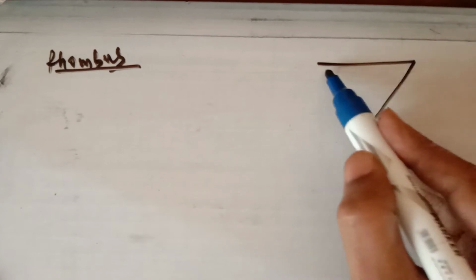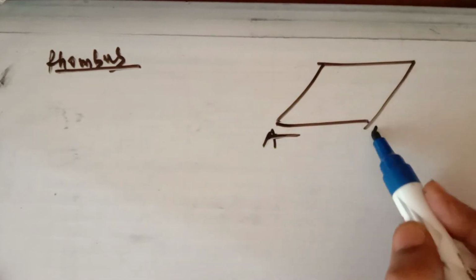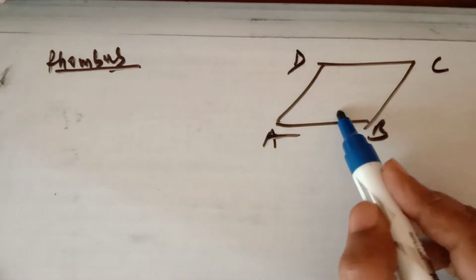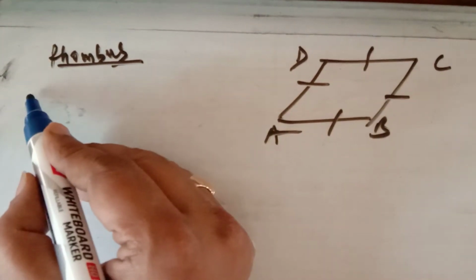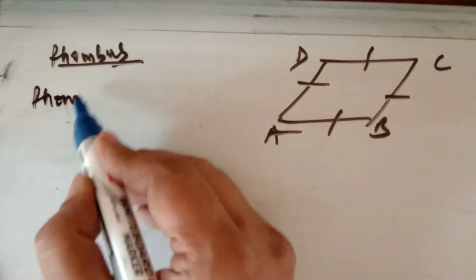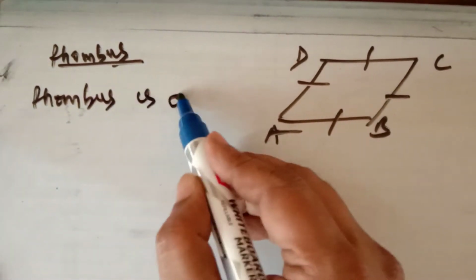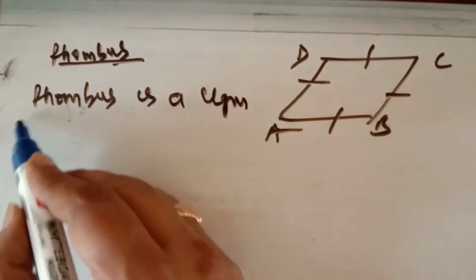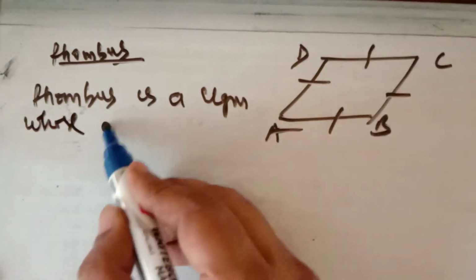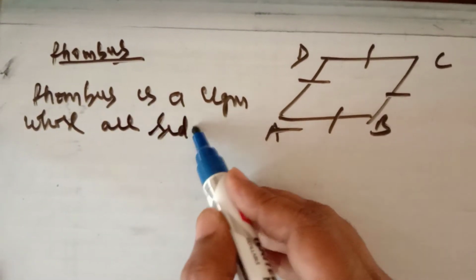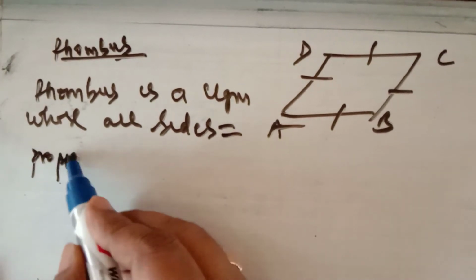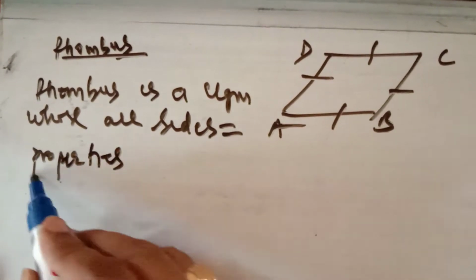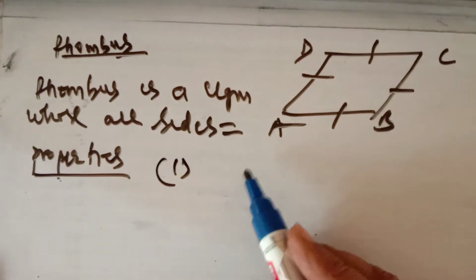A rhombus is a parallelogram whose all sides are equal. A parallelogram whose all sides are equal is a rhombus. The first property is